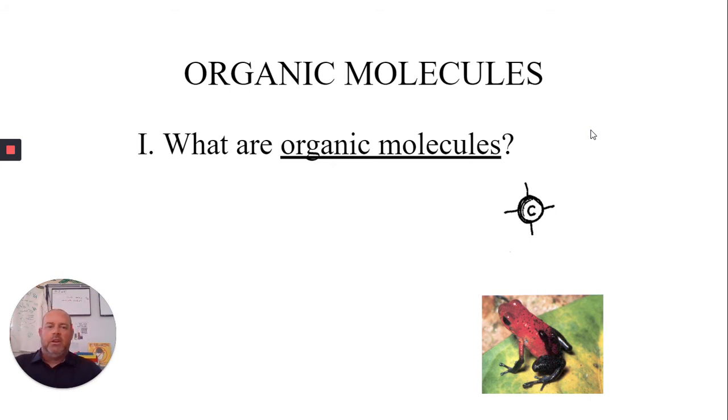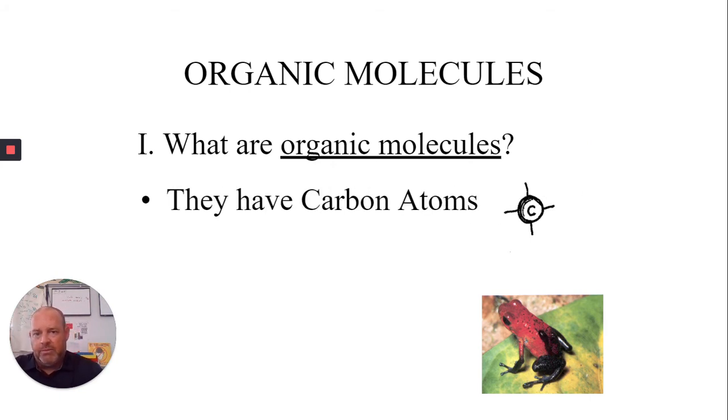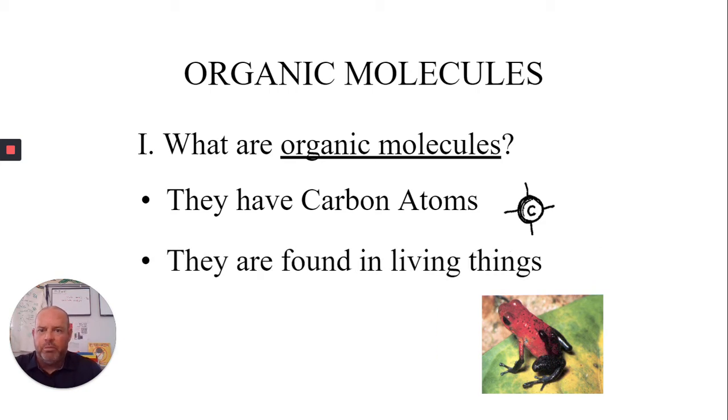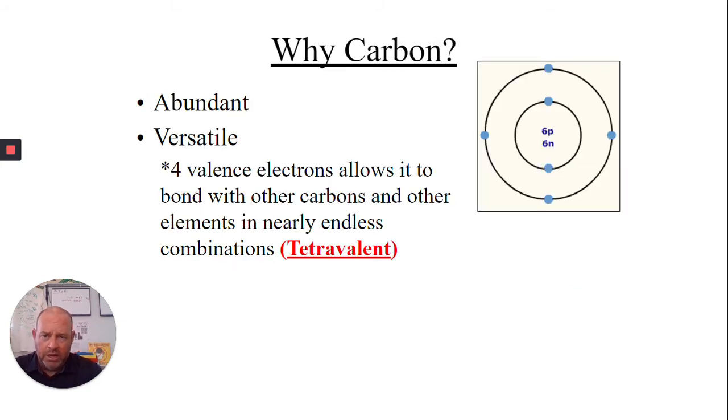So what are organic molecules? All organic molecules have carbon. You guys probably know this already from regular bio or previous to that. They are found in all living things. Why carbon? Carbon's very abundant. We have a lot of carbon on the planet, and it's very versatile. This is really the main reason. With those 4 valence electrons, carbon can give away 4, it can take on 4, it can share. There's lots of different ways that carbon can interact with other elements, and so there's nearly endless combinations that you